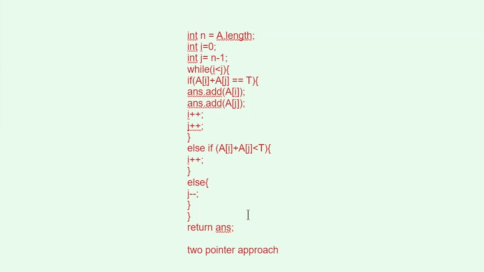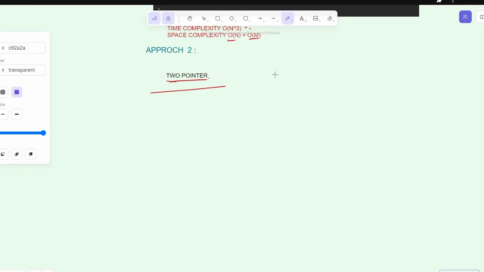It's a little different. In the foursome problem, we are actually using four pointers. So let's discuss the live code on LeetCode. So we can move into the foursome problem. For performing two-pointer, we must sort the array. So coming to the two-pointer approach,